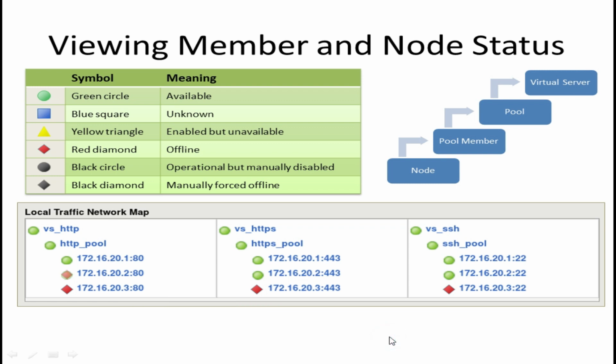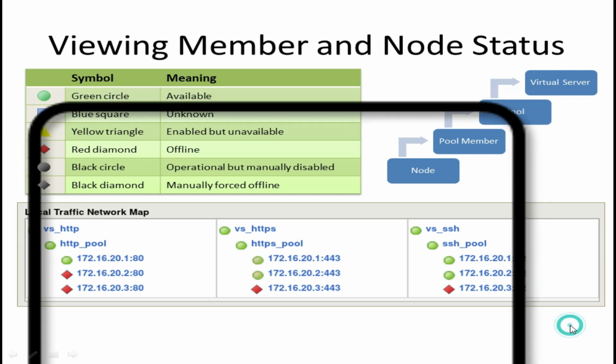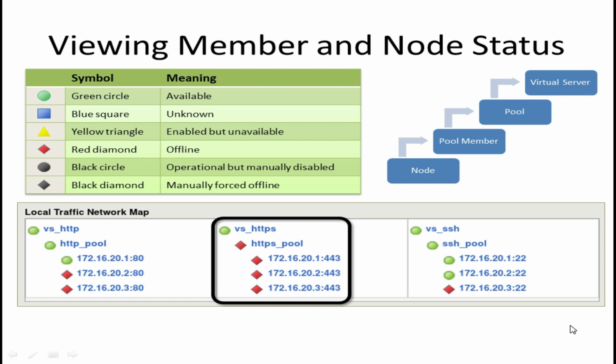Here you can see that only the service check monitor for service 80 is down, but the rest of the services are up and running fine. If all of the nodes are down, that virtual server will go down; unless all of the nodes are down, the virtual server or the pool will not be down.